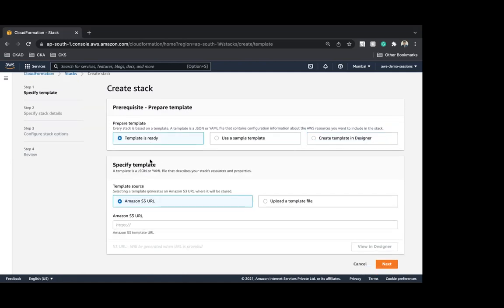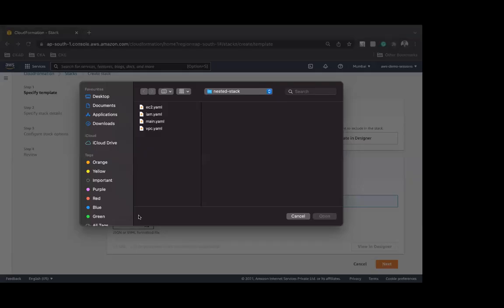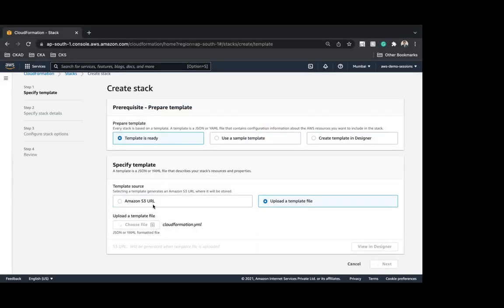We'll go here, and in the specified location of the template, there are 2 options, Amazon S3 and upload. As I mentioned, right, initially, even if I go and select CloudFormation.yaml, you will automatically see there is an S3 URL which is generated. So it's not going to use the location of the template which I upload locally.